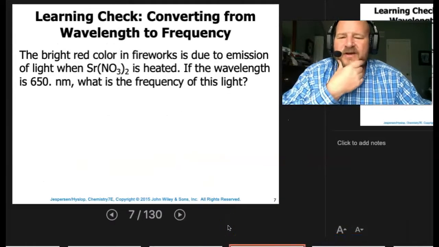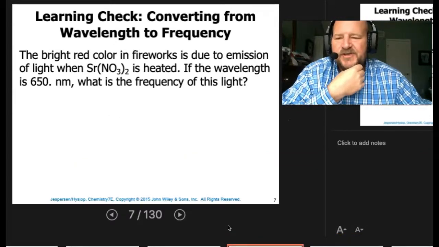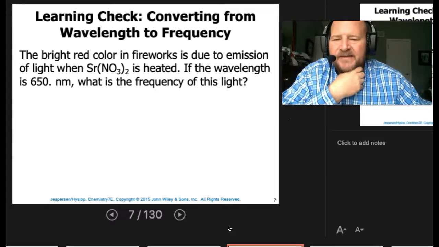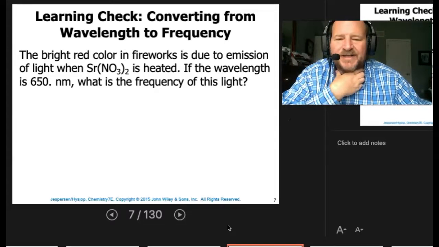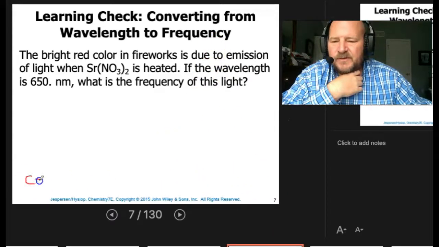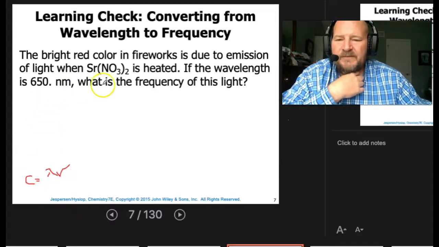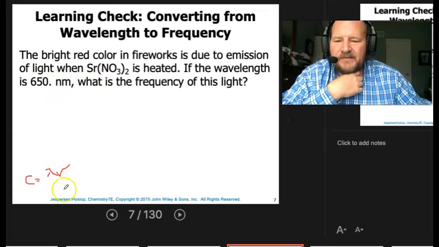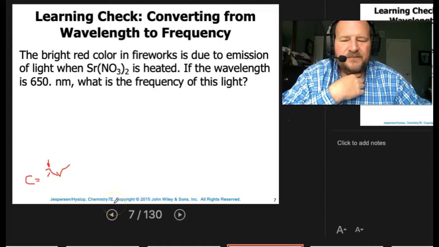So the bright red color in fireworks is due to emission of light when strontium nitrate is heated. If the wavelength is 650 nanometers, what is the frequency of this light? So remember, c is equal to lambda nu. So now if I have the wavelength, I can calculate the frequency, right? So frequency then